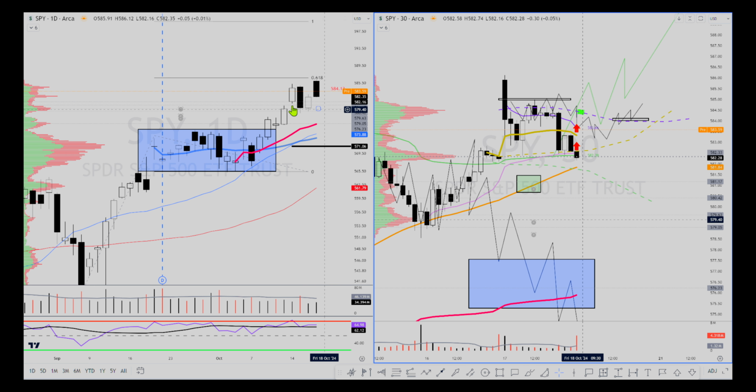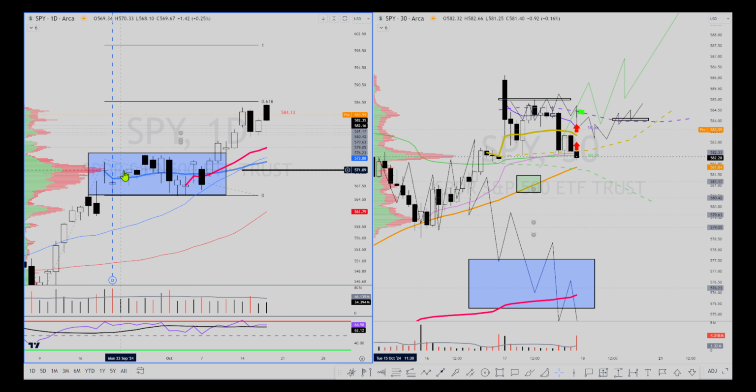So we have the SPY daily time frame on the left, 30-minute on the right. We have this barcode action that we broke out of in this blue box, meaning we just got this really tight range and we started to break out of this. So, key levels that we're monitoring if we start to get it to climb for the longer time,